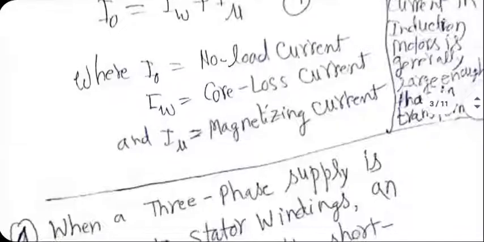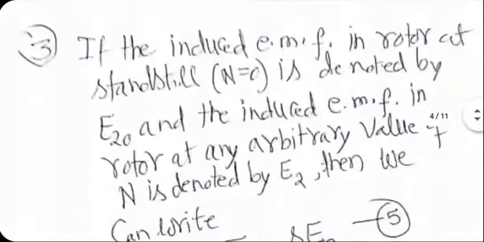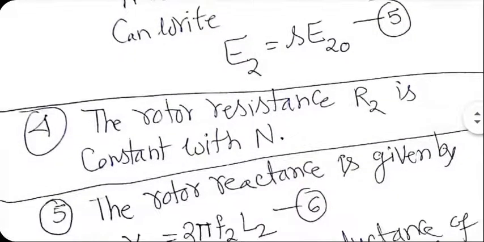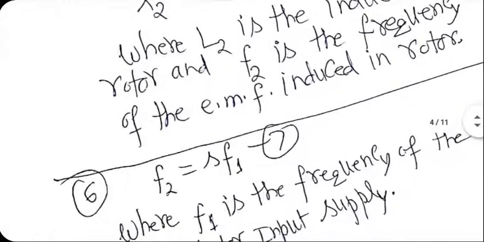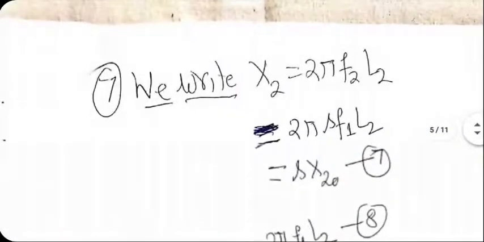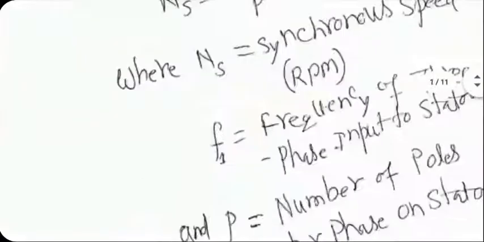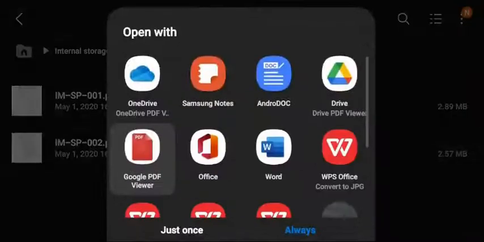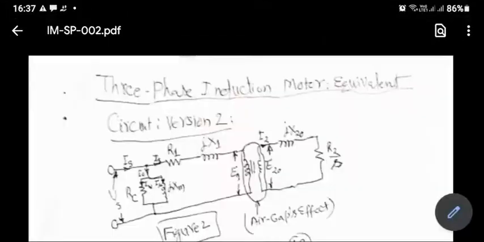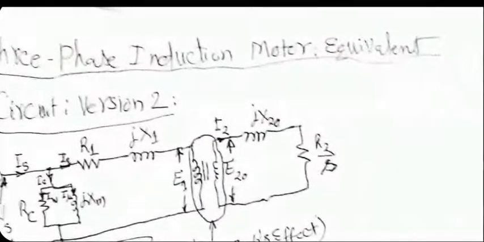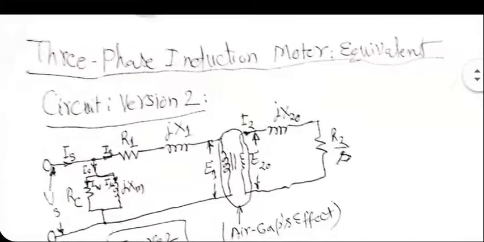And X2 is S times X2 naught. You will have to revisit all this if necessary. X2 is S times X2 naught, so S will cancel out. Based on this, and I think I'll explain in the other document also, we have modified the equivalent circuit a little bit. On the secondary side, we have written this. What I'm trying to do is make the rotor work at the same frequency at which the stator is working, in the equivalent circuit at least. I want to get rid of F2 completely, so that it's easier to apply the equivalent circuit.